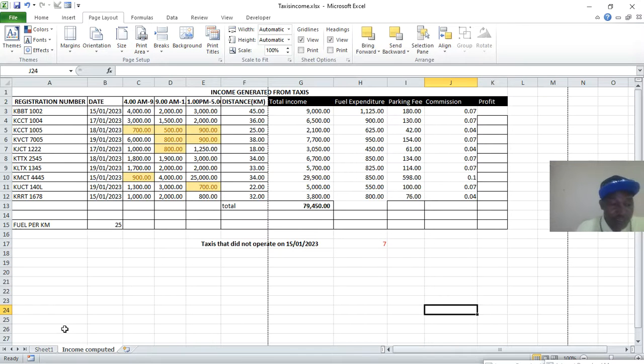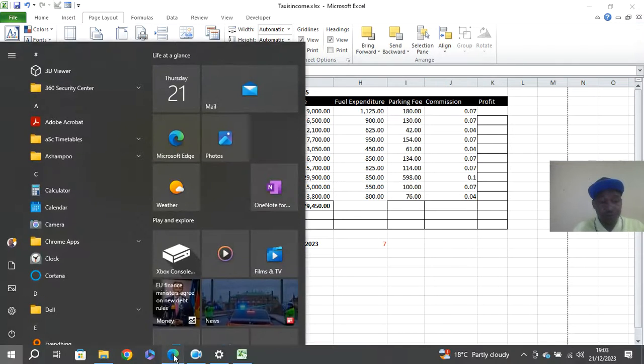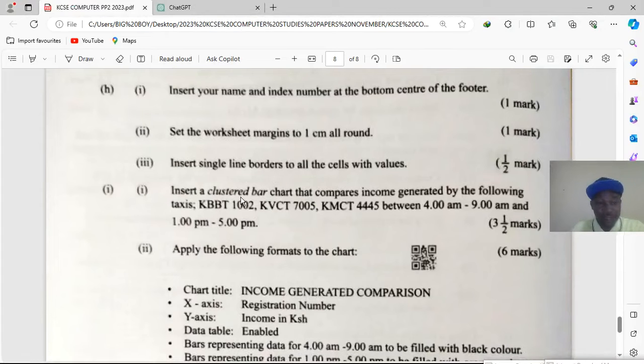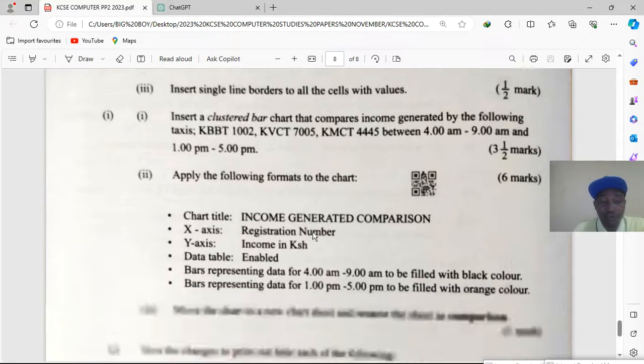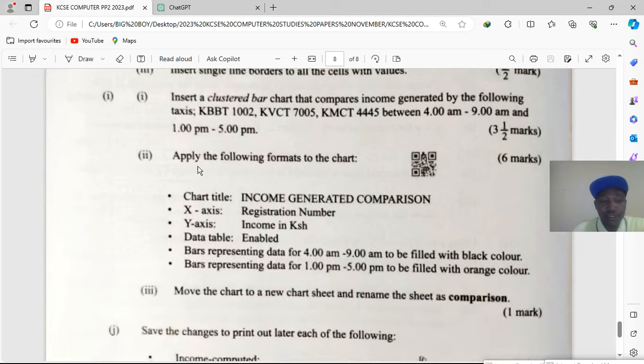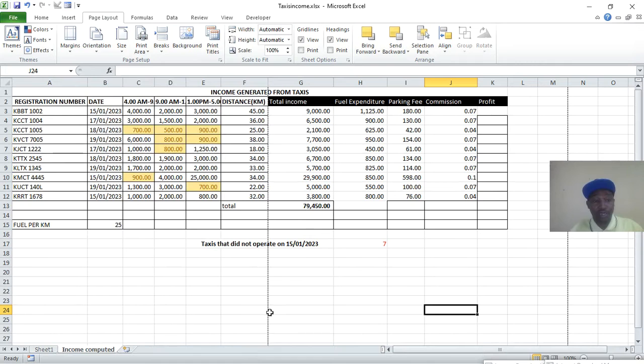Okay, the next question. The next question is: insert a clustered bar chart that compares income generated by the following vehicles, and apply the following formats. So you just go to your work. Then we want to insert